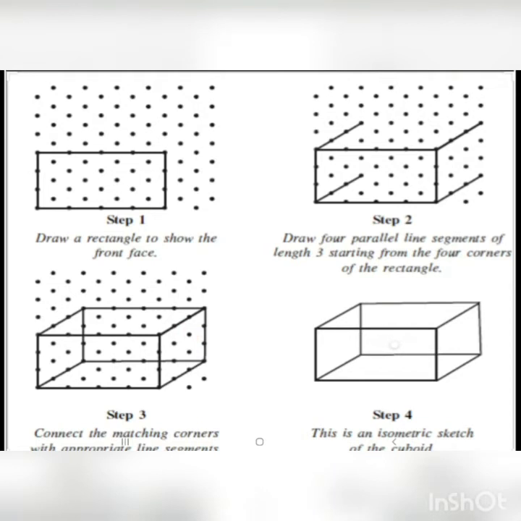So these are the two sketches: one is oblique sketch and the other is isometric sketch. Isometric means these types of sheets are known as isometric, and oblique sketch means we are not taking the actual measurements of the sides and all, but still we are getting the actual shape. That is oblique sketch. So these two are the methods of drawing solids on a flat surface.